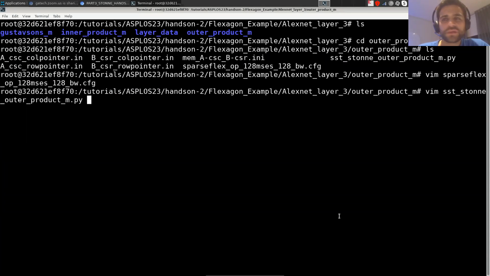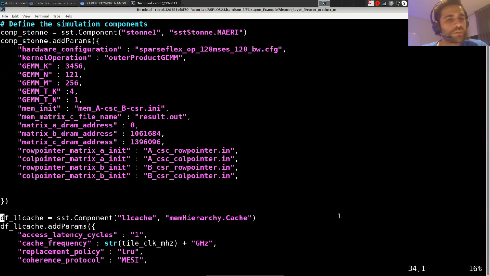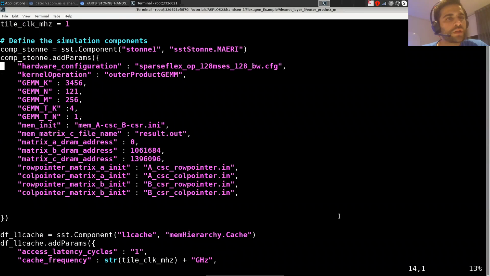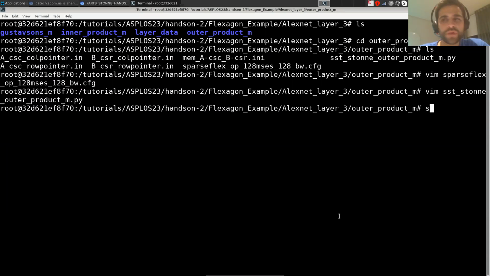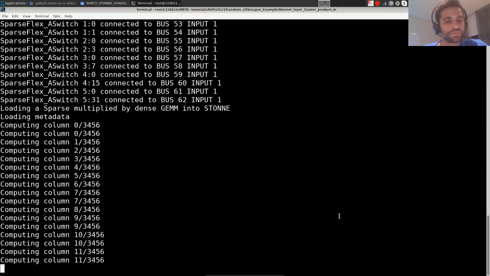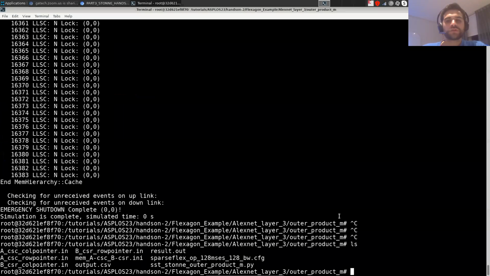And here is the SST script. Again, the same parameters, but in this case we used the STONNE outer product version, right? The configuration file. So we can run it in the same way, just doing SST STONNE outer product. Okay, and the same for Gustavson's. So yeah, if anyone wants to run SST STONNE, you need your